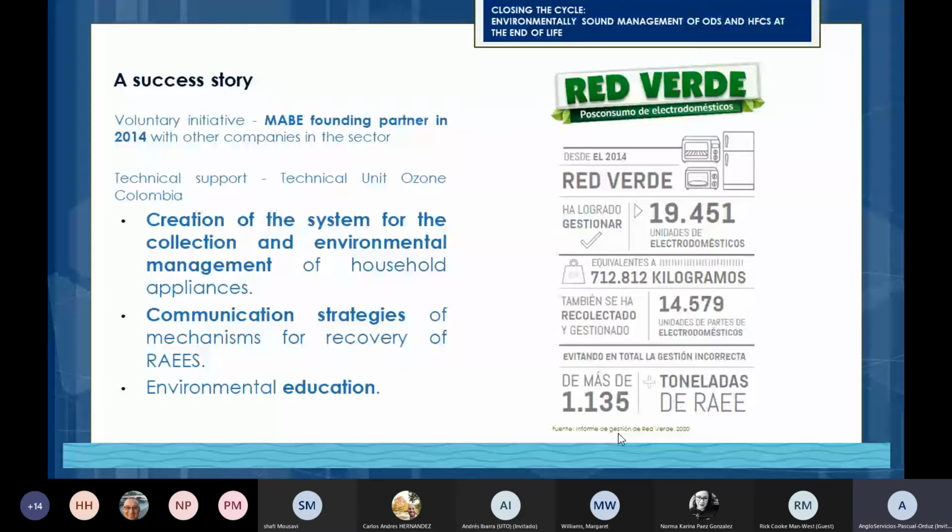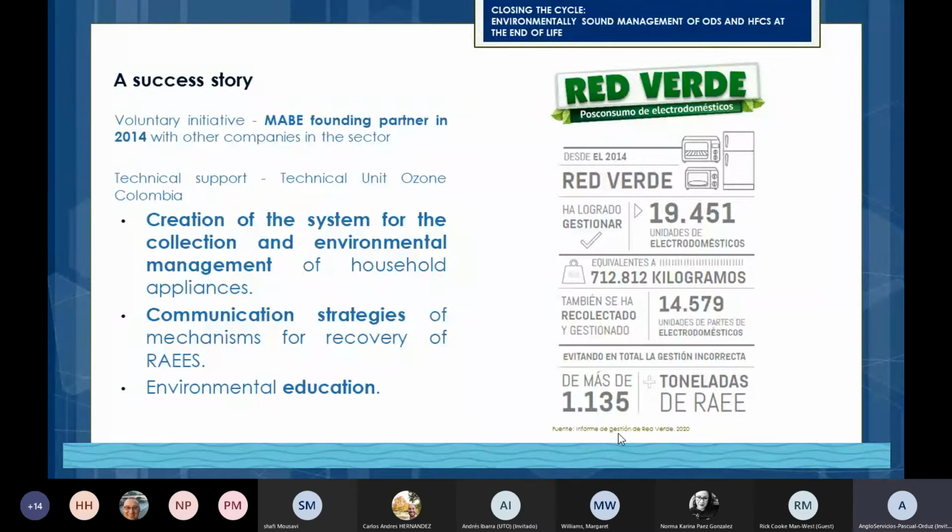This initiative started in 2014 with Mavi as a founder partner together with other companies in the sector and with the technical support of the Colombia's Ozone Technical Office. And it's been a very interesting journey. And from my viewpoint, it's been very successful. From the beginning,